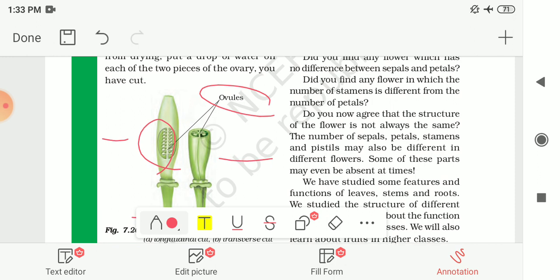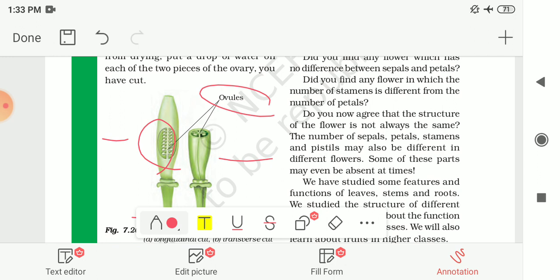You have to draw and label the inner part of the ovary in your notebook, which you had observed in your flower. And try to find out the names of as many flowers as you can by asking the gardeners or any other person. While doing this, you have to remember that you do not have to pluck more flowers than you need. And based on what you have filled in table 7.3, you have to answer the following questions.